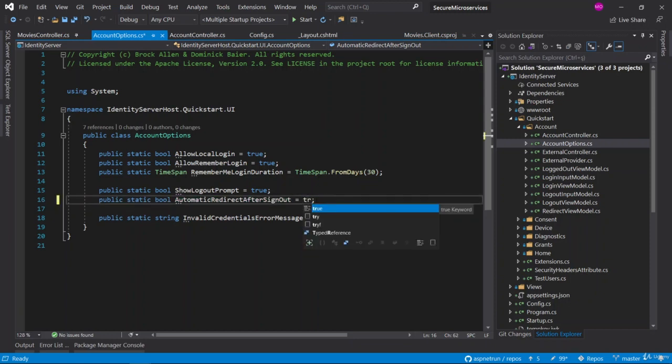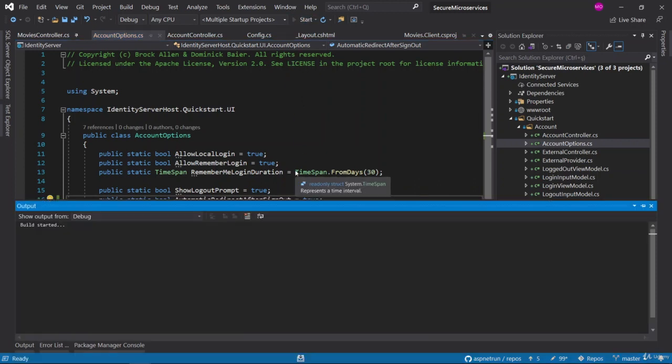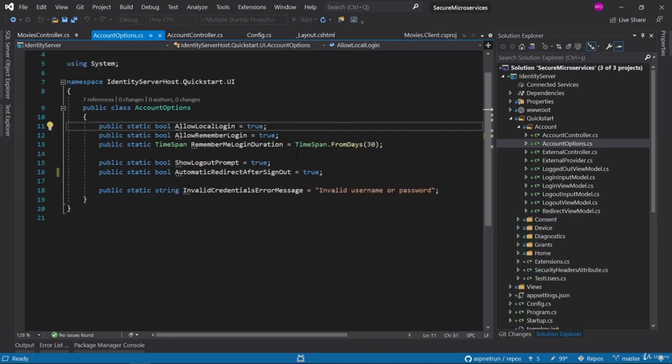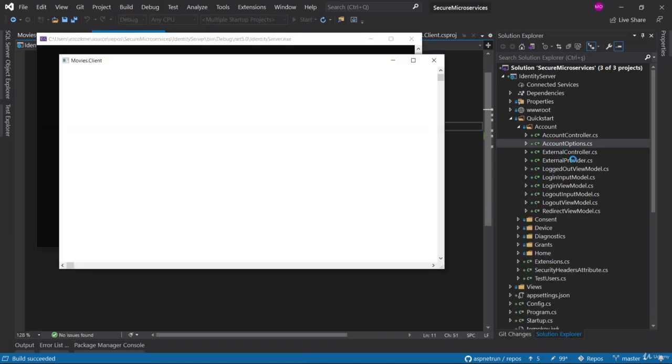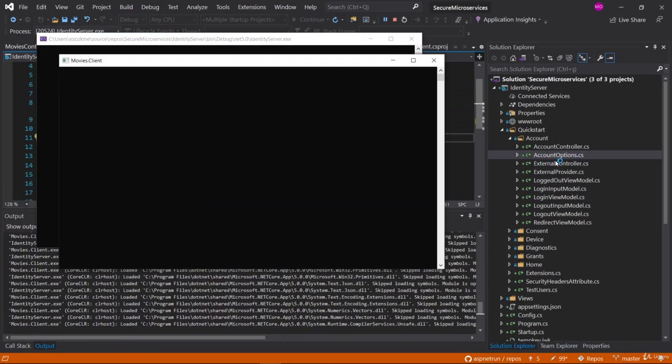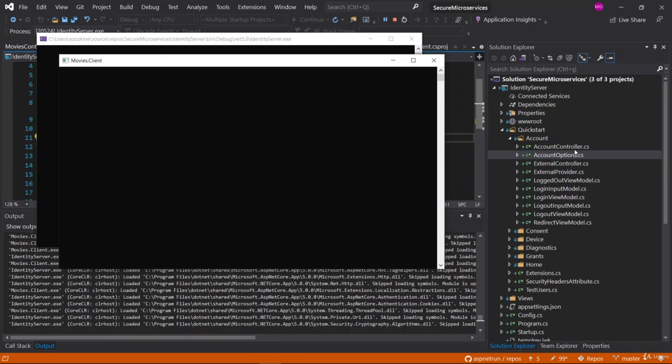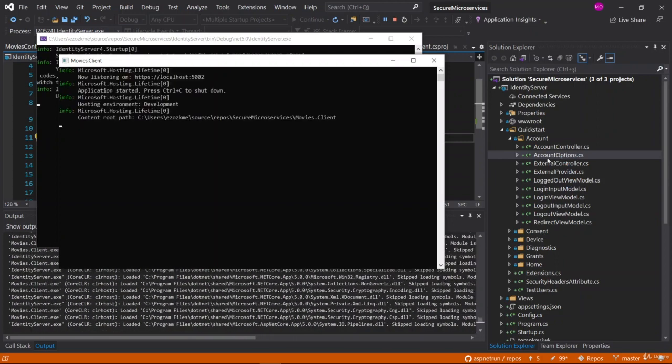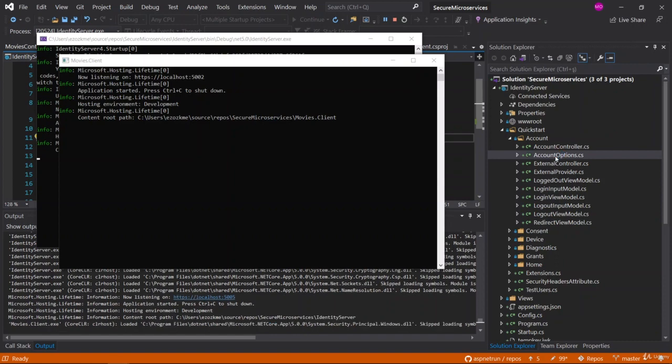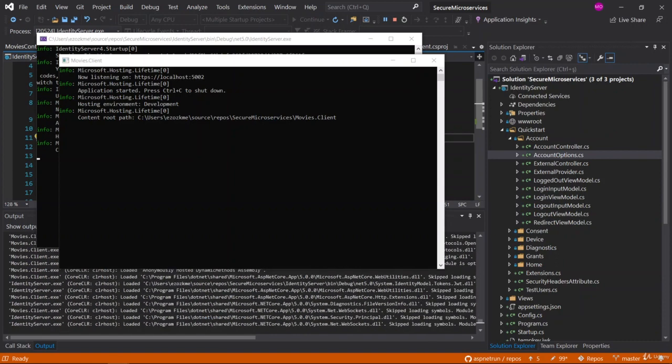Let me set it to true and see what happens when we run the application. It's good to examine these scaffolding classes when you have time, because there are good options, and also you can understand the underlying project code of the identity server.